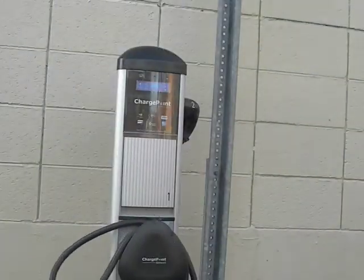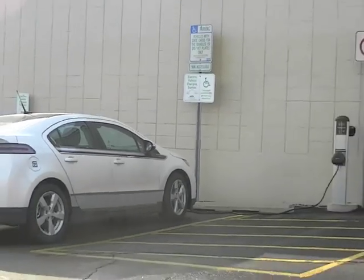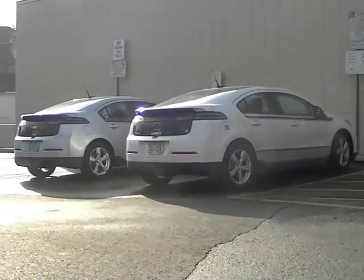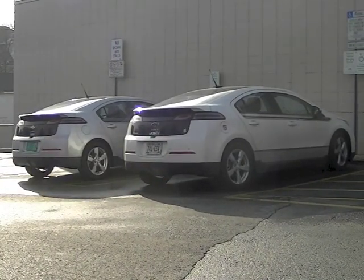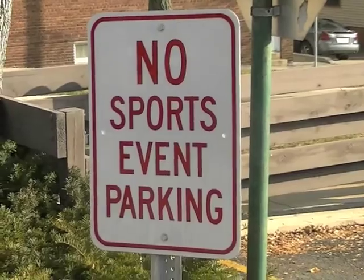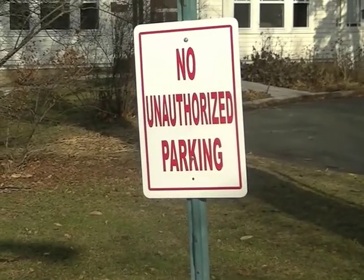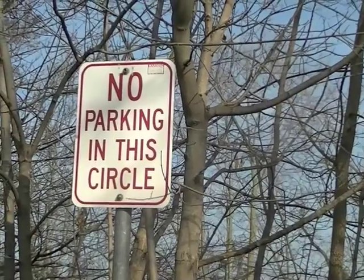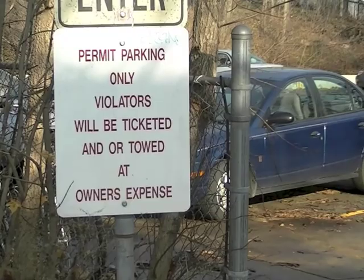I'm thinking this is the E85 of charge stations, as we're getting the most local and CO2-free power possible here in Madison, Wisconsin. Speaking local, it's interesting to note that in Madison, there's an issue with parking, as exhibited by these signs. There's just not enough space, so there are lots of parking garages, and most have